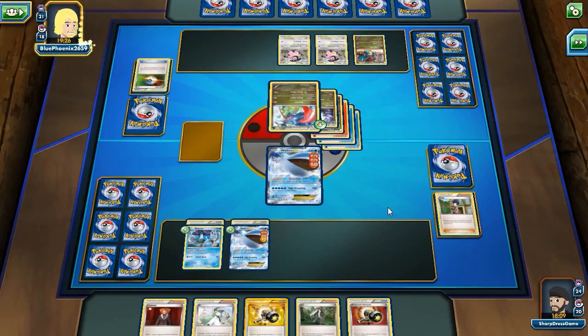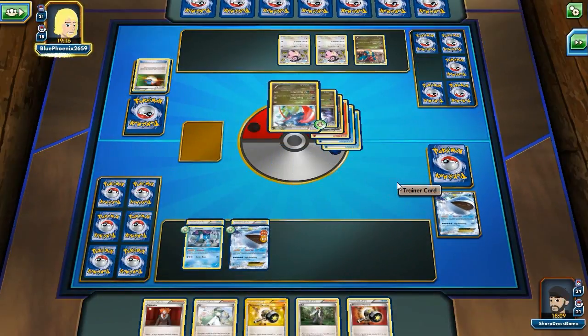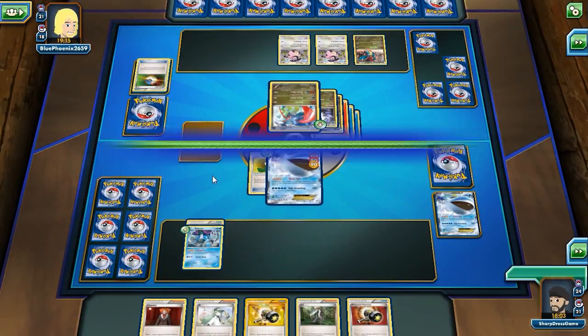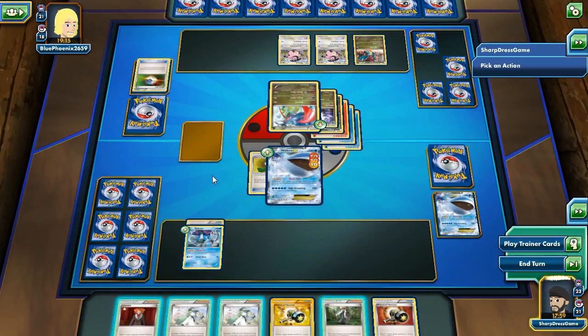But he will be able to knock out a Wailord this turn. If he plays correctly, that is. But we are down to 21 in his deck. He does Power Howl, which will knock out my Wailord. And he gets 2 prizes, so we're not going to want to end. I'm just going to bring in my Wailord here. And...